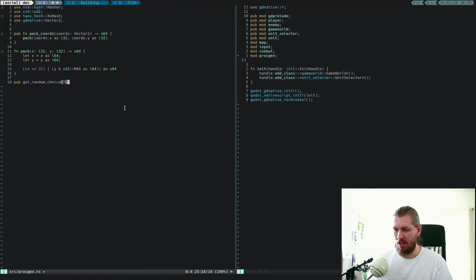choice. Let's make it generic over T and take a slice of T, and a seed, u64, and return a reference to T. Okay, and how do we do this then? Well, first we need a hasher, and we have our xxhash with seed, and there's our seed, and then we can get a hash from that,